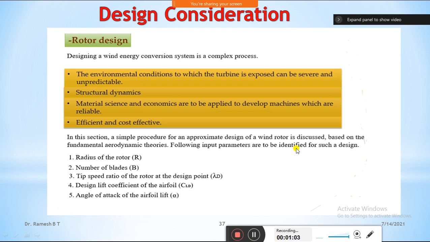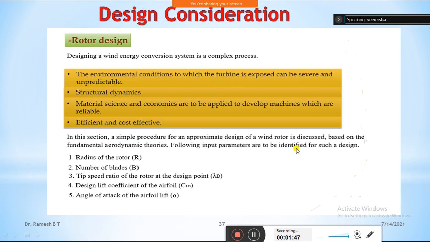But the design of the entire system is somewhat complicated, especially with a larger one. A larger one means more power generation in the windmill, so the design becomes complicated. It is not only about the individual components such as a rotor, a transmission system, a generator, and a tower. The tower is also very important. It provides the support and should be efficient if possible. But these components must function effectively in combination.